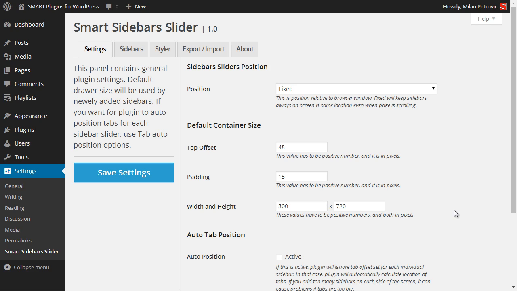Smart Sidebar Slider adds a new slider to your website with a twist. All tabs added by this plugin are hidden behind the tab on the left or the right side of the screen. This is very useful if you have a theme that lacks a sidebar, or you have a lot of content you want to include in the sidebars, but there is no space